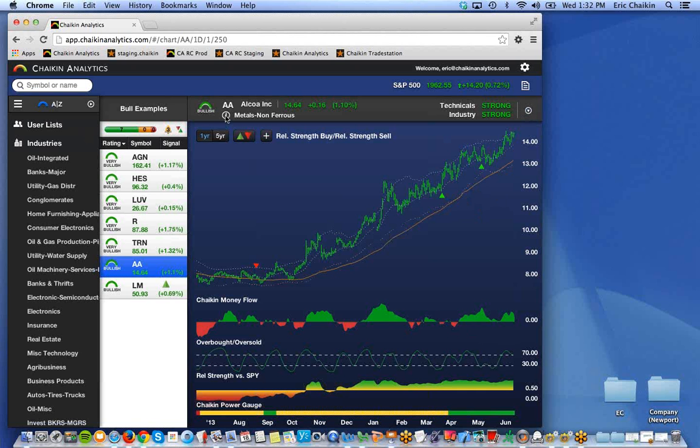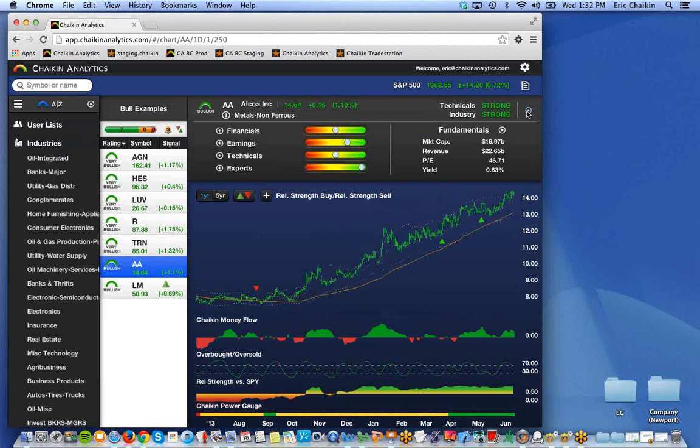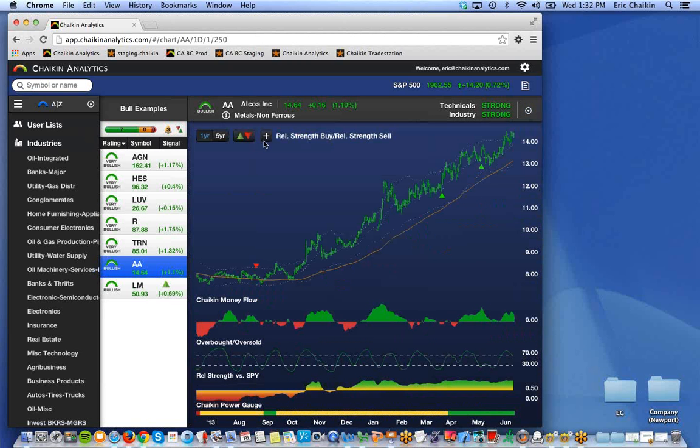Interestingly, the metals non-ferrous group, which has a lot of the gold miners in it, was extremely weak going back probably up until about 6-9 months ago, and it's rotated to be a lot stronger now. So it's not a group we'd be as concerned about. In terms of overall, the last one I wanted to highlight